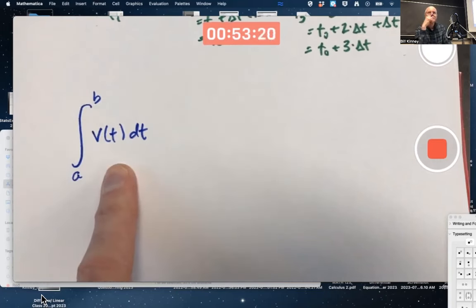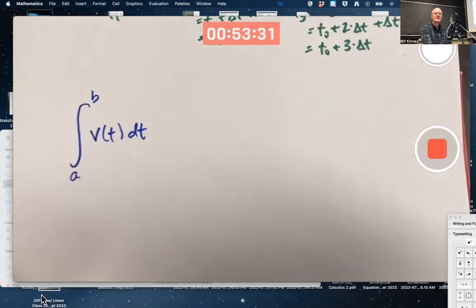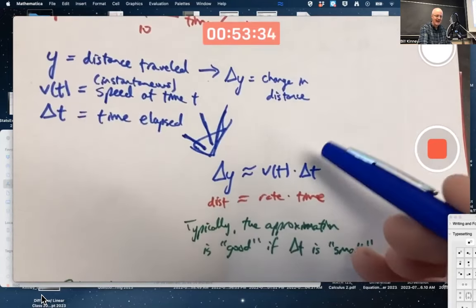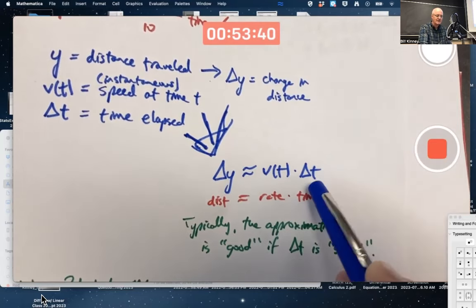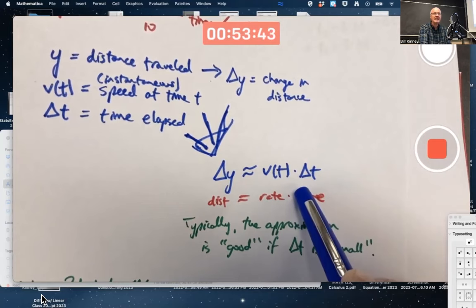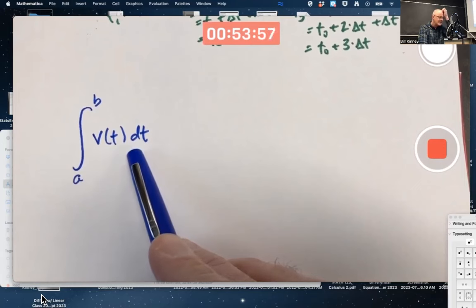This notation, especially this v of t dt part, is supposed to remind us of something. It's supposed to remind us of that: v of t times delta t. You know, delta is the Greek version of d. We did use deltas with derivatives as well. v of t times delta t is analogous to v of t times dt. Technically, no, but